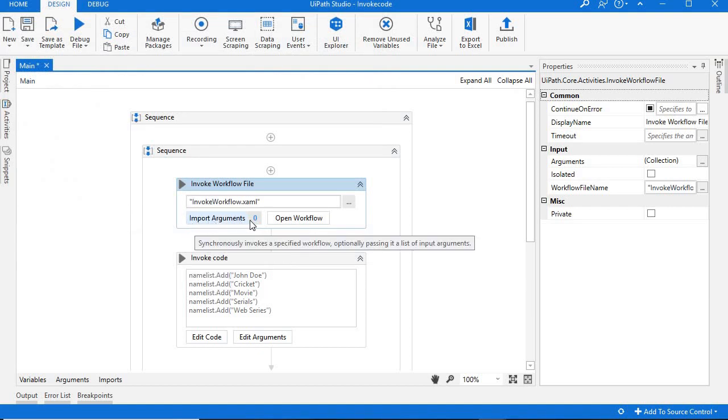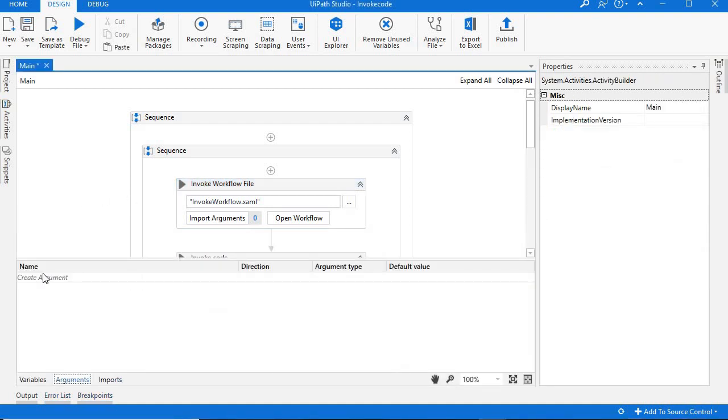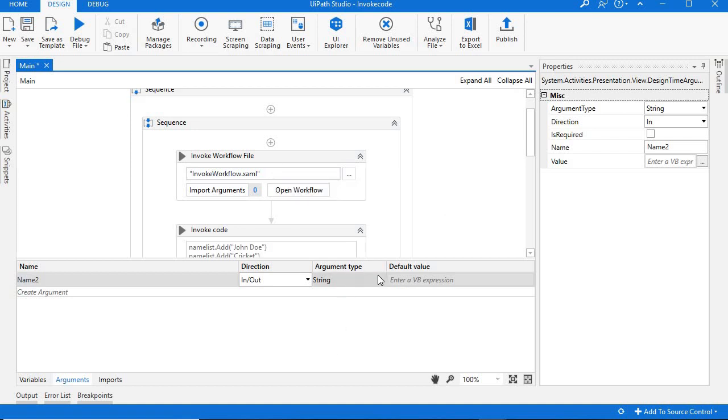Next we need to create import arguments. For that I need to create arguments over here. This may be in or out, meaning this is coming from the workflow and we can use this name also in our main workflow.